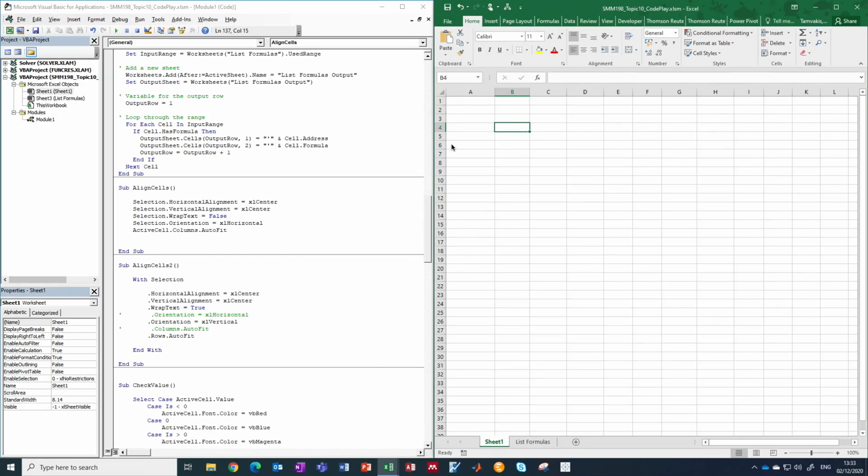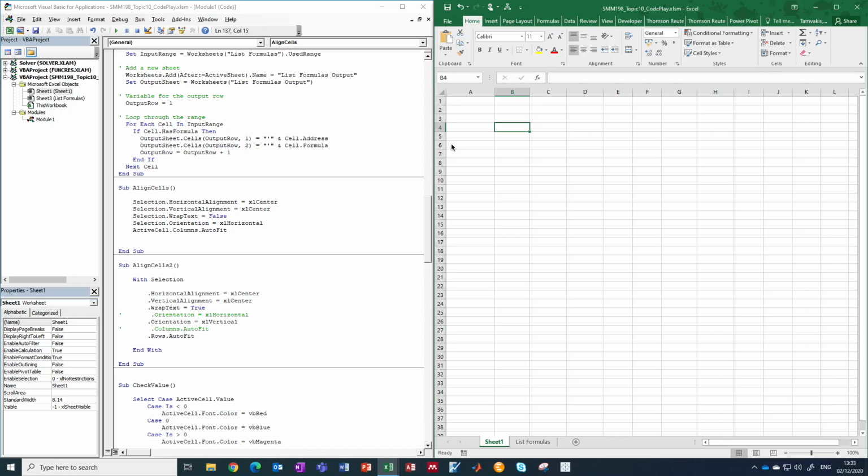The next construct we're going to look at is something called with. And this is a good way of avoiding repetition of the same bits of code again and again. So you start with something and then you apply a number of different, in our case, formatting features on effectively the same cell or range of cells. But before that,